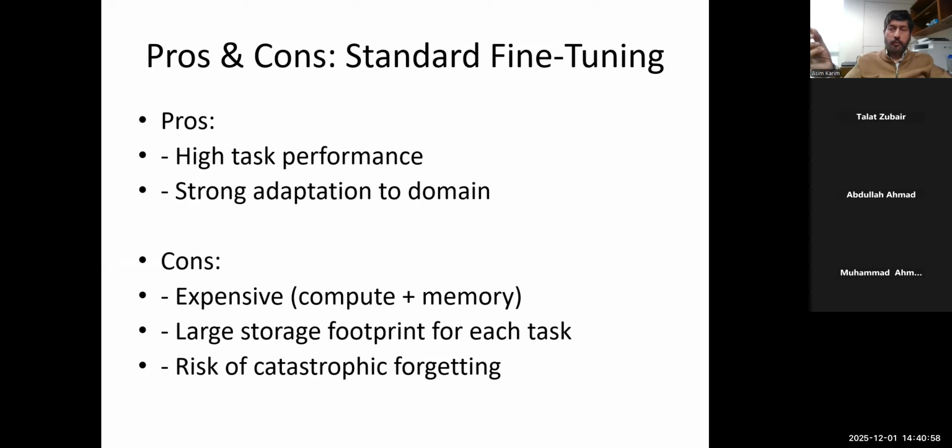So let's say you take a model, let's say GPT-4. Of course, you would have taken some smaller model of GPT-4, and you tried to fine tune it on, let's say, your medical domain. Once you have done the fine tuning, you might notice that it has forgotten everything else. If you ask it general knowledge questions, you might not get the right answers. So this is called catastrophic forgetting, and this is an issue that may arise if you do standard fine tuning.